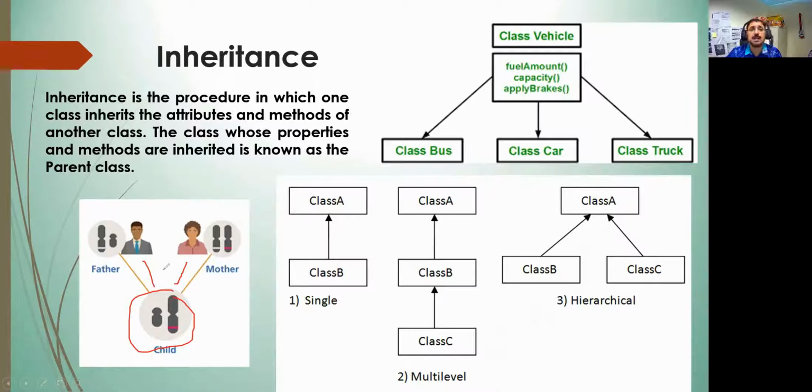Similarly, once we design and develop some classes, for example a general class of vehicle, which has properties and functionalities, then from this general class we define specific classes. We inherit specific classes. This process is called inheritance.